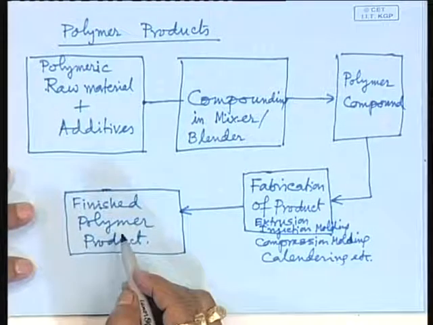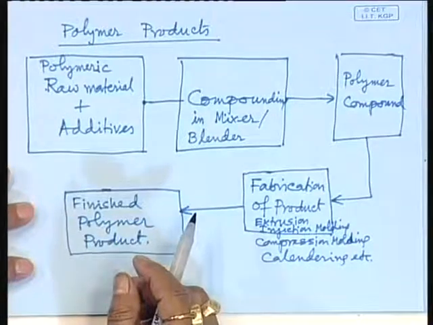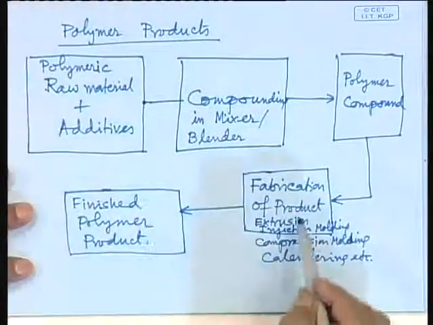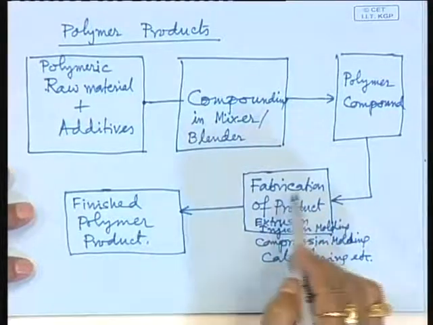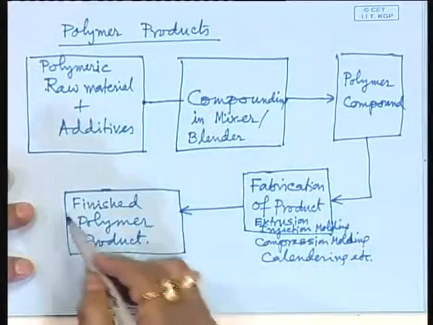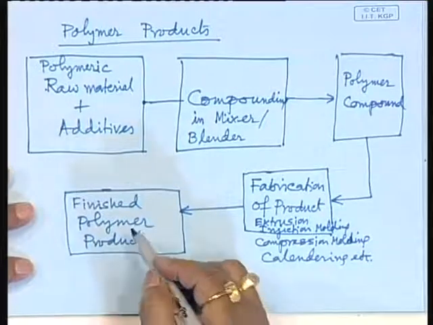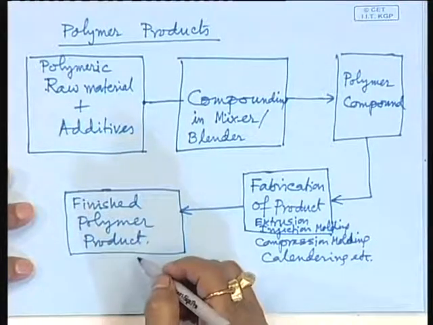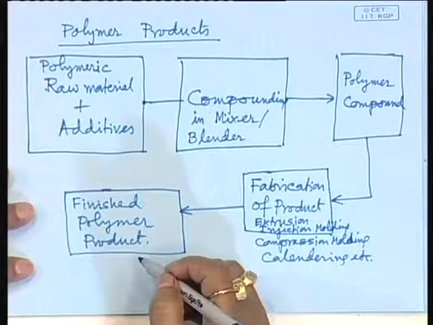So, basically a polymer product is an impure system, you can say, a pure polymer with functional additives. Functional additives, I mean these additives have certain roles during this compounding, during this fabrication step, okay, as well as after the product is obtained in the finished form, then during service the additives have several roles to play. Okay. So, all those additives or ingredients are incorporated in the polymer, and then finally, we use the finished product.